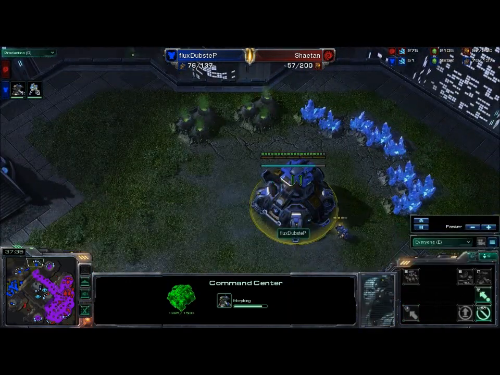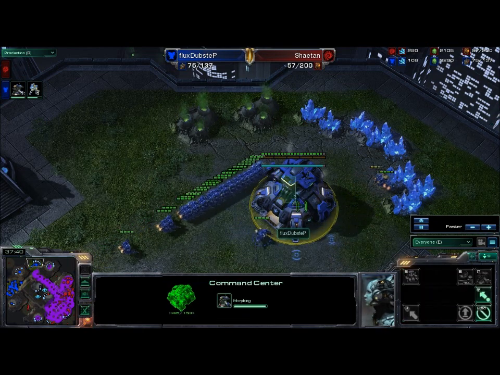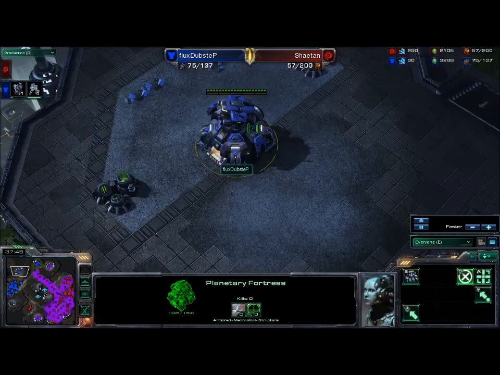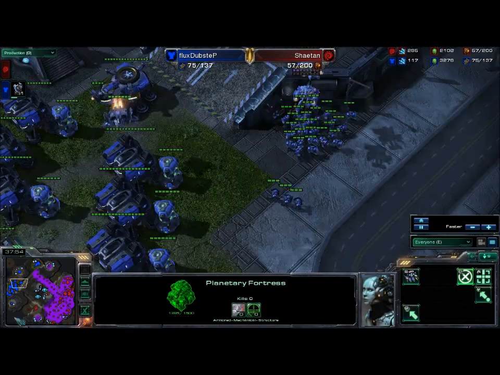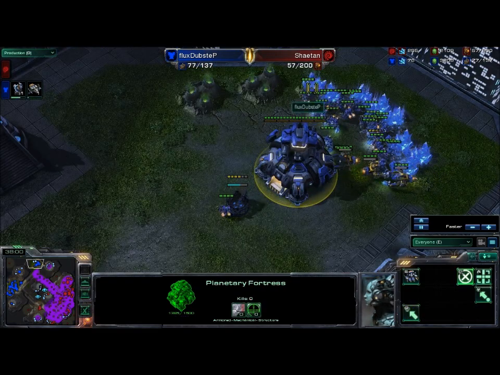He's got this 4th base over here, which is going to be his money expansion. He has to keep this alive. It's all he has left. He can drop double mule, though. I mean, that's the advantage of having these... Oh, wait, no, he actually lost one of his orbitals, so he's only got 1 mule. But still, that 1 mule is going to be able to support